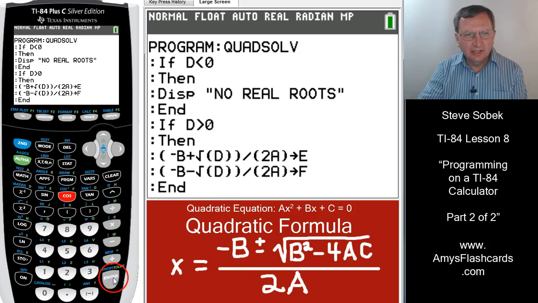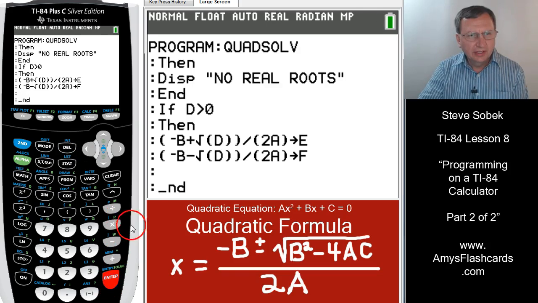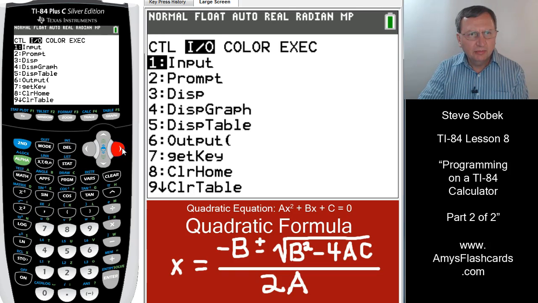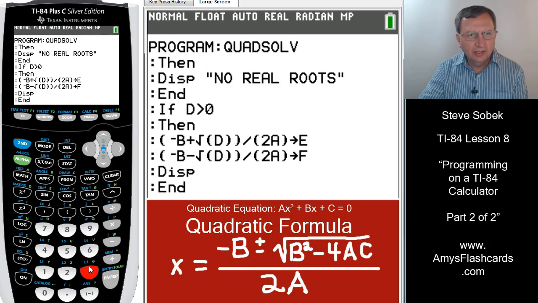So let's, I'll hit the enter key, and second insert, enter, and get the up arrow key. So we need a display command. That would be program, input output, display is number 3, and alpha E. I could have 2 lines of code, display E on one line, display F on the other, but it is permissible to type in E comma F,